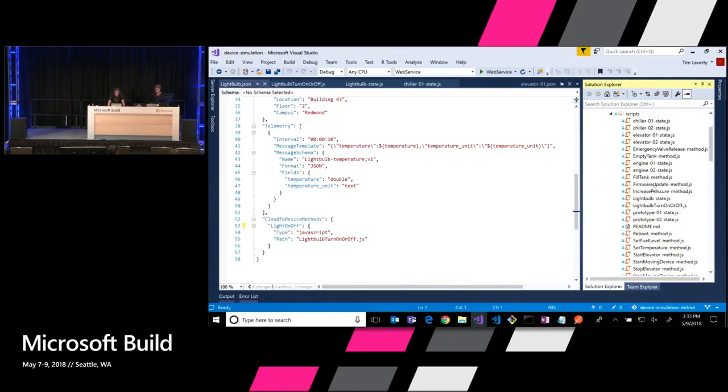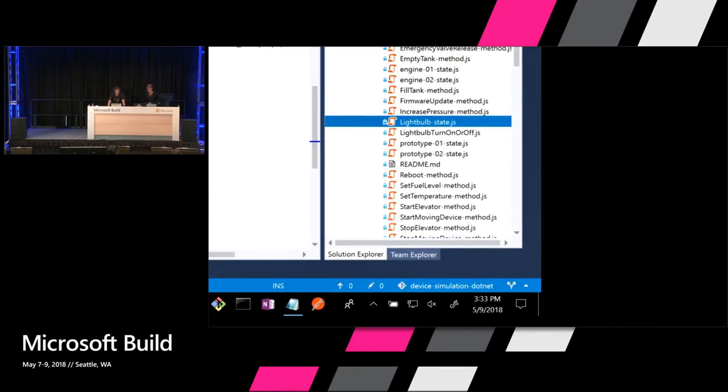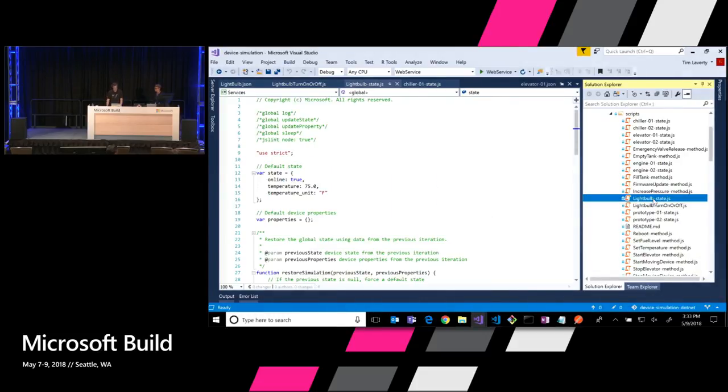If you look under the scripts file, here we have our state machine file, and we've got our method implementation JavaScript file as well. That's it. Building this JSON file, building the supporting JavaScript files for state machine and method implementation. They plug into the code base, and the simulator will simulate them. I've already configured this particular code to just simulate one light bulb. That's it. So if we run this,